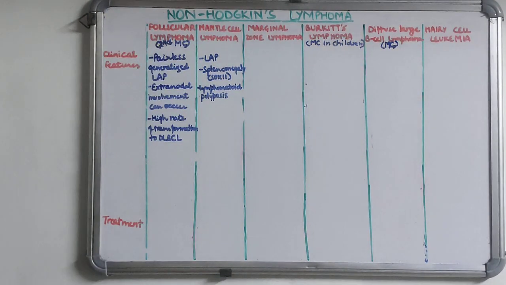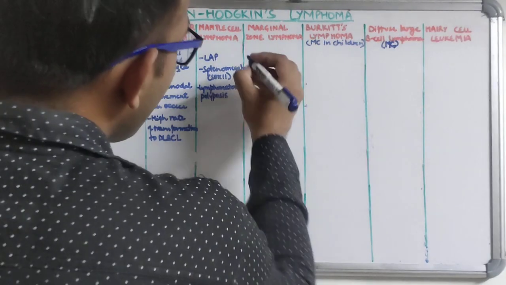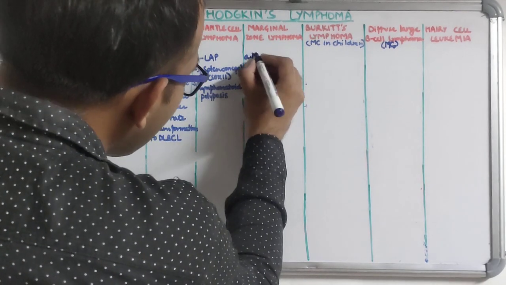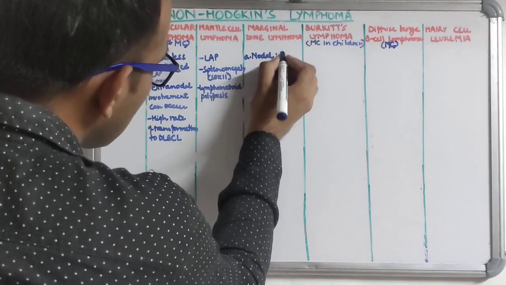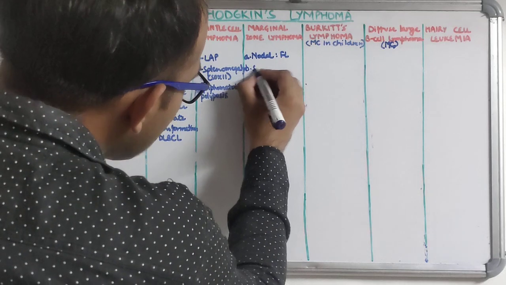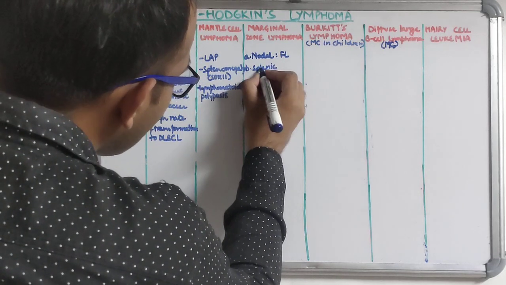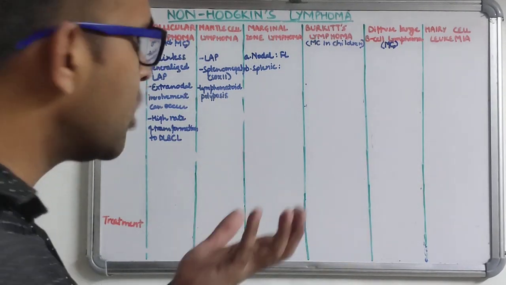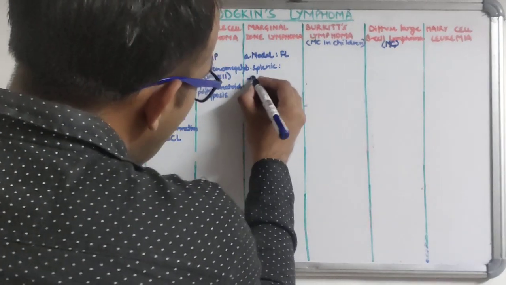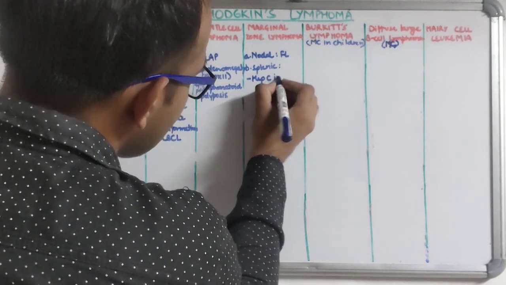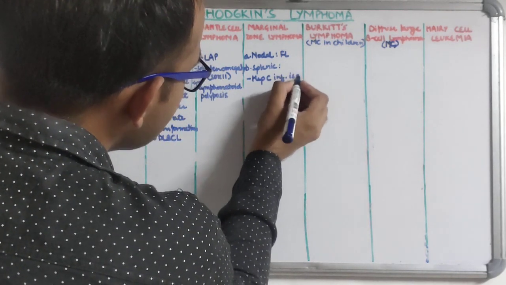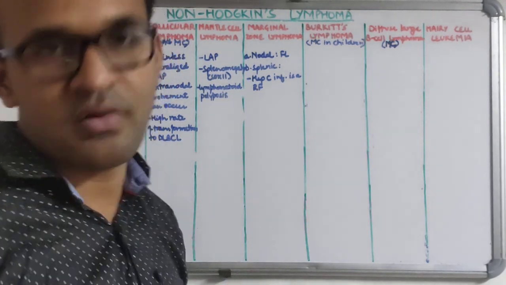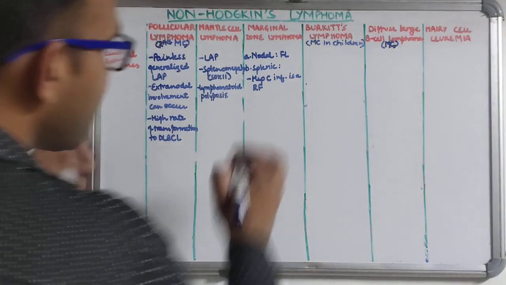Now if I talk about the marginal zone lymphoma, so marginal zone lymphoma presents in 3 types. Either it would be nodal variety, which is very similar to follicular lymphoma, or it would be splenic variety. So splenic variety, if I talk, so there are a few important points. It is particularly seen in Caucasian population, older Caucasian population. Hepatitis C infection is a risk factor, and treatment of hepatitis C can result in regression of lymphoma. So it is an important risk factor.